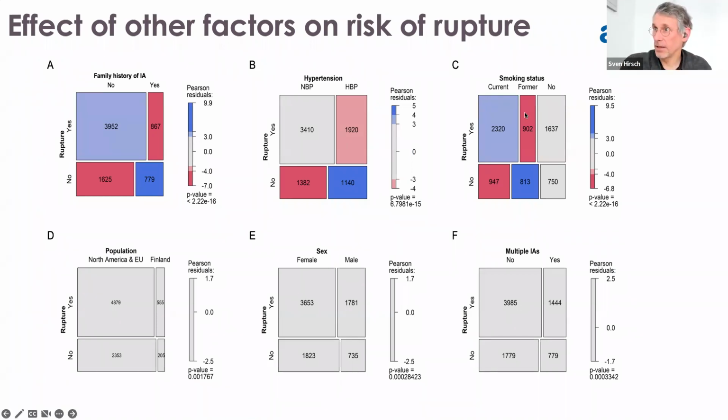And another interesting finding we saw is, for example, when you have ruptures, you have many more current smokers. Beware, smokers out there, current smokers have a higher rupture risk. But if you then quit smoking, former smokers have a way lower rupture risk. So it seems like if you quit smoking, that helps you. If you had an aneurysm before, it helps that your aneurysm doesn't grow anymore, or that it has less risk of rupture.